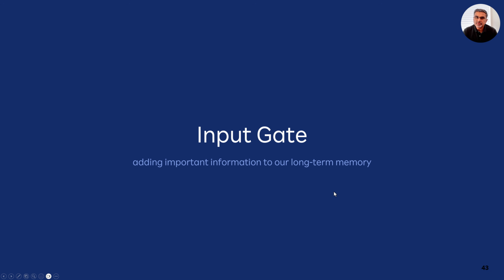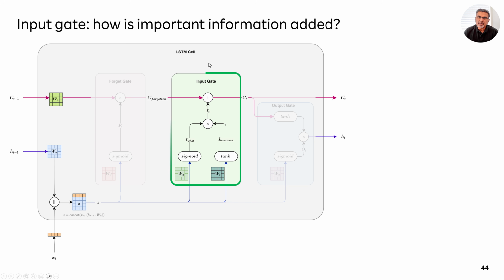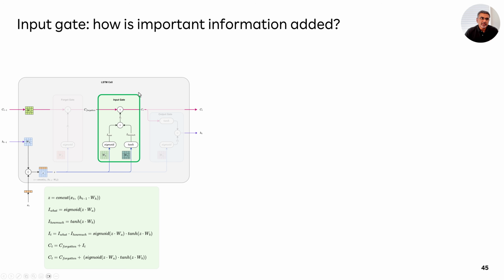For that, we have to use the input gate. And what is the purpose of the input gate? The input gate adds important information to our long-term memory. So now we'll focus on understanding how this gate works, the intuition and the math behind it, as well as what is really happening when these gates process this information. By the way, what is the input to the input gate? The input is basically the same: the concatenation of the current token's embedding, its text for example, and the previous state, correct?